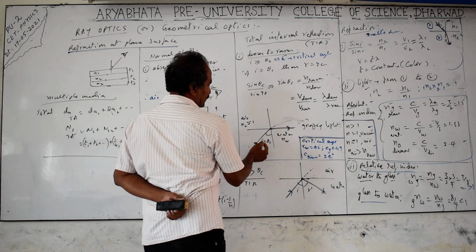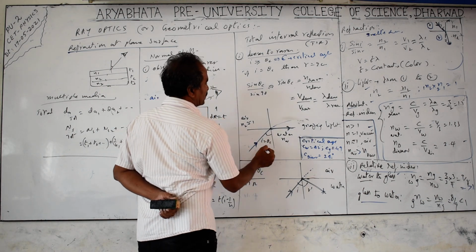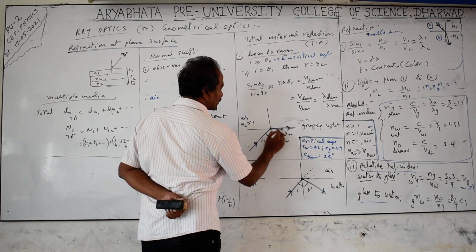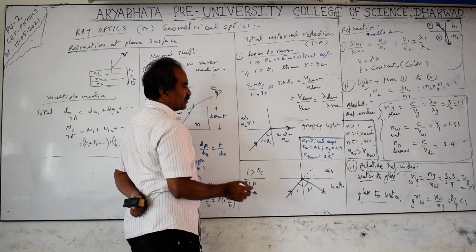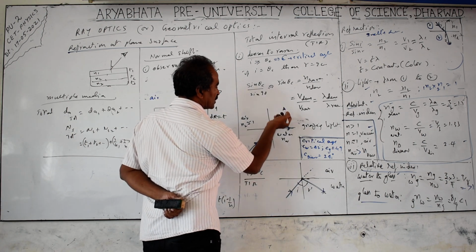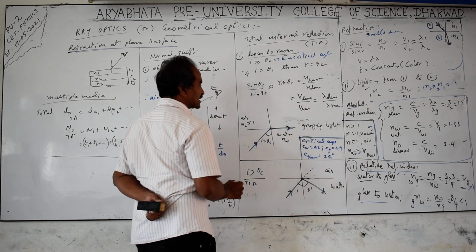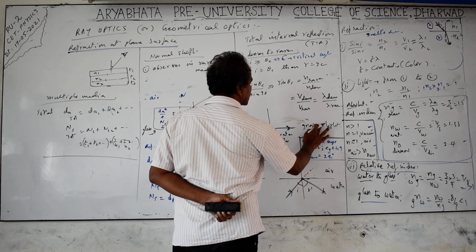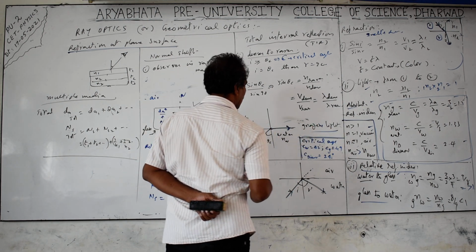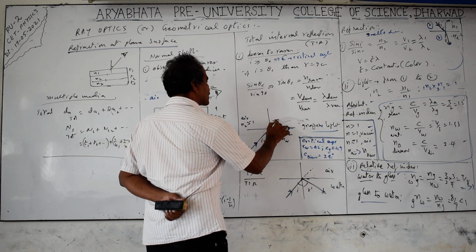At a particular angle of incidence in the denser medium, called the critical angle, the light grazes the surface which separates the two mediums. It does not reflect, it does not refract. It just passes along the surface of separation; that is called grazing, G-R-A-Z-I-N-G. Then the angle of refraction R becomes 90.